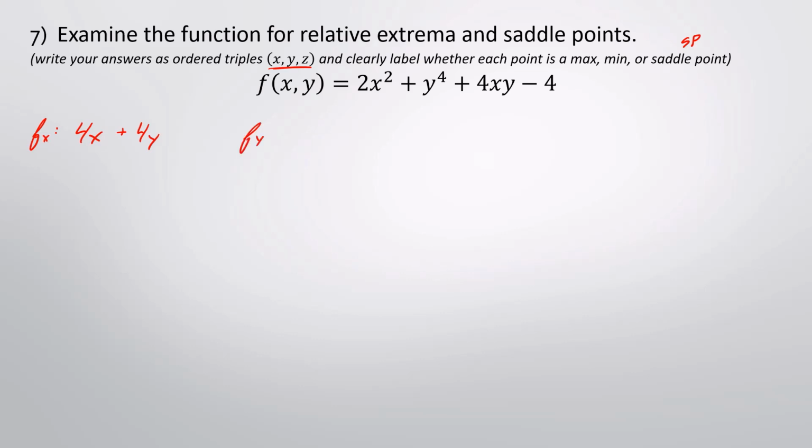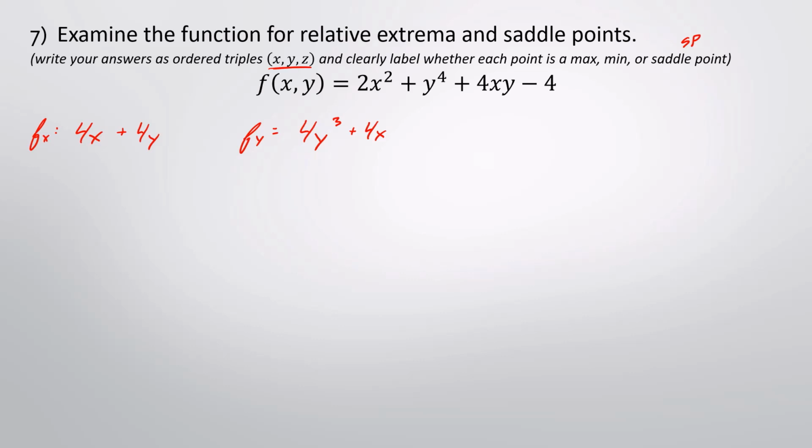If I do a similar step with the fy, but now it's the partial with respect to y, 2x squared now is going to be like a constant, so that's going to zero out. Y to the fourth, I can do power rule with 4y cubed. For xy, that's going to leave me 4x as its coefficient on that y, and then minus 4 again turns into 0. So now my goal is to essentially try and figure out what are my critical points,